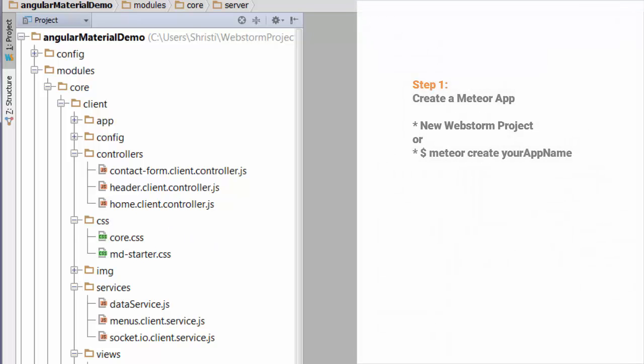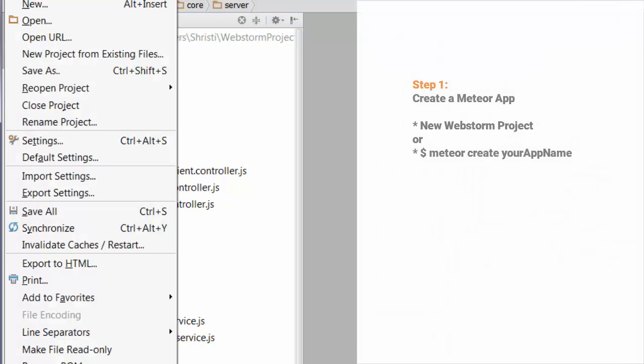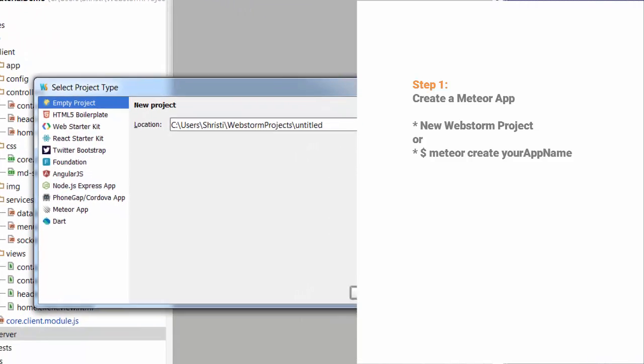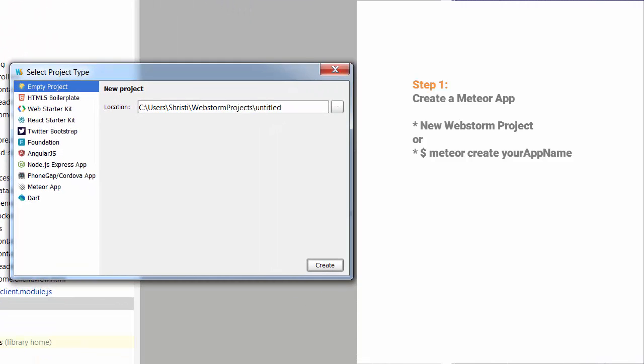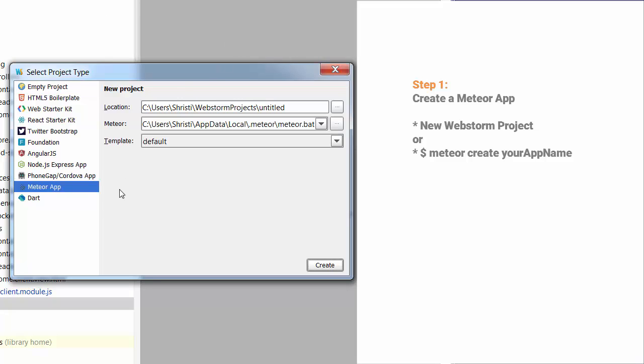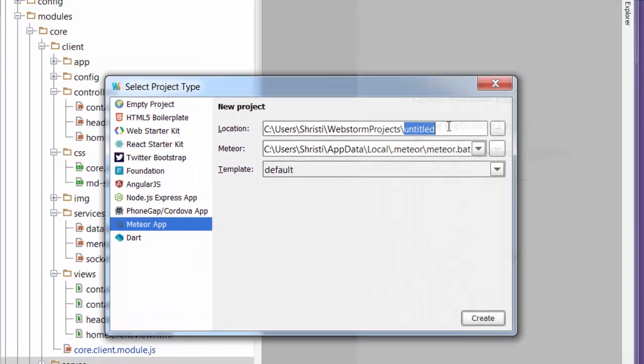All right, so now I want to go and just create a new Meteor app. I'm going to create it just using WebStorm, but if you don't have WebStorm, you can just type into your command line meteor create, and then the name of the app that you want to create. So I'm just going to select Meteor App, select where I want it to go. I'm just going to call it